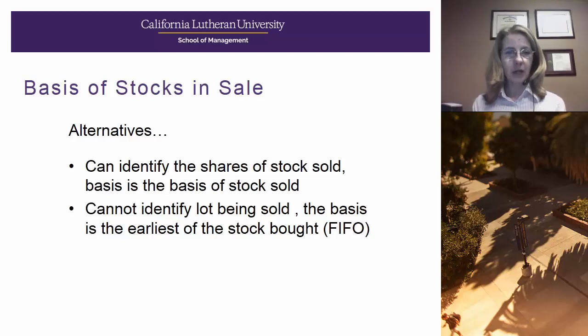So we'll talk about wash sales in just a second, but I want to revisit for a minute how basis is determined when you sell a stock or a security. There are several ways that you can track basis. You can use the first in, first out method. You could use the last in, first out method. You could use the average cost method, which is very popular with mutual funds, or you could use the specific ID method or specific lot method. Any of these methods are permissible with the IRS.